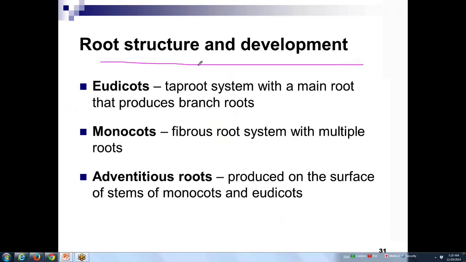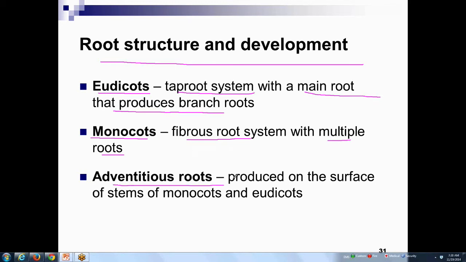So we looked at leaves. Now let's switch and go down to the soil and look at the roots. Dicots have a taproot system with a main root that produces lateral or branch roots. Remember, dicots have that thick main root, often used for starch storage and for storage of water as well. Monocots have that thinner fibrous root system with lots and lots of roots, no one main root, and of course